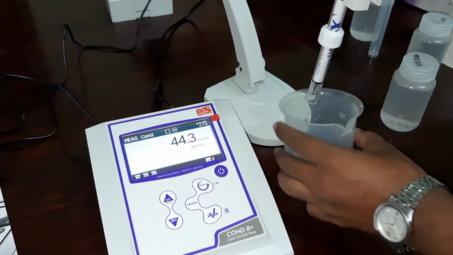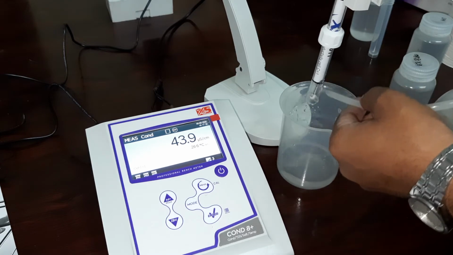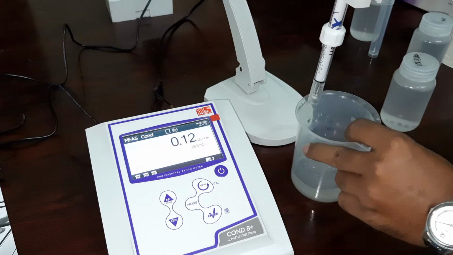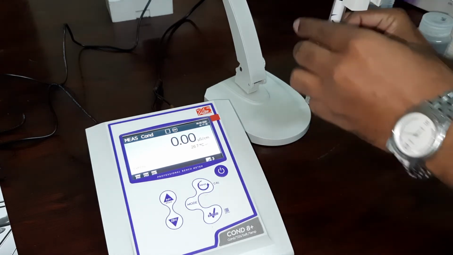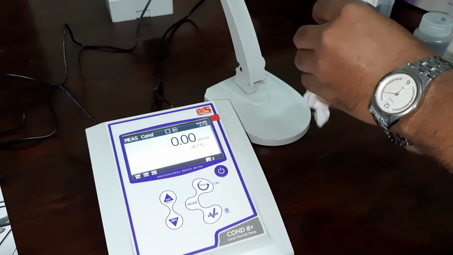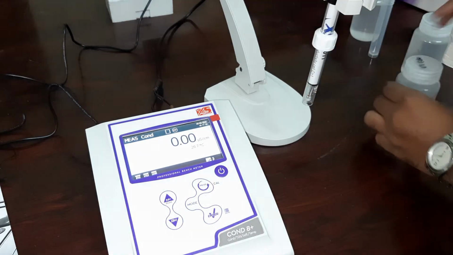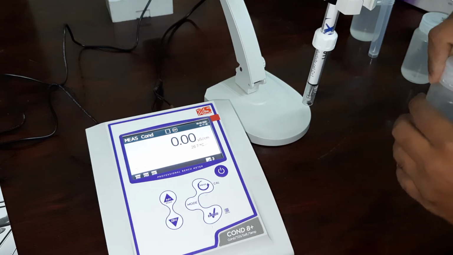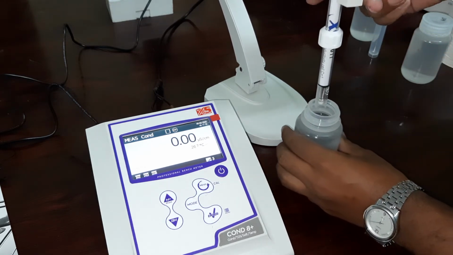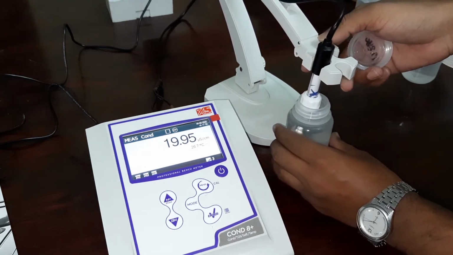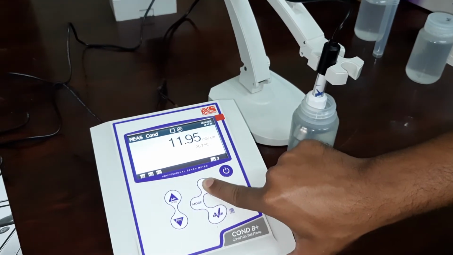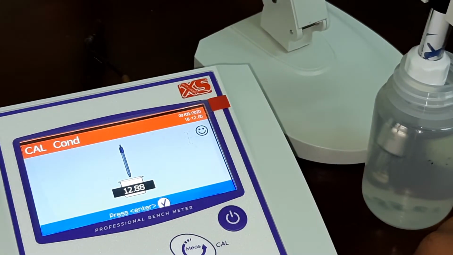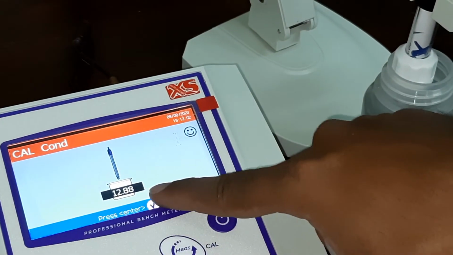Again, now I am taking 12.88 millisiemens. Already I have cleaned. 12.88.